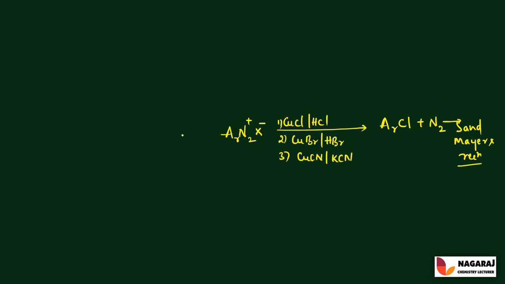Next, this arene diazonium halides reacts with hydrochloric acid in the presence of copper as a metal, or this copper acts as a catalyst, or it reacts with hydrogen bromide in the presence of copper, so it gives the aryl chlorides or aryl bromides, and the nitrogen gas is eliminated, along with Cu+X-, right? So this reaction is called Gattermann